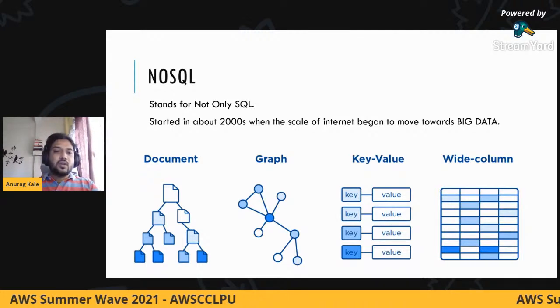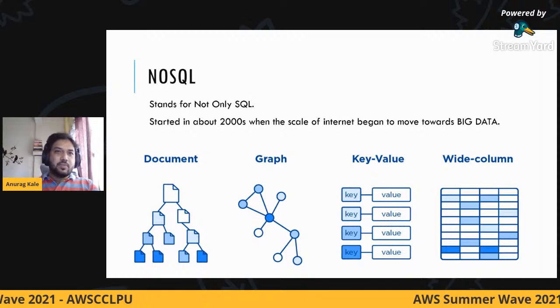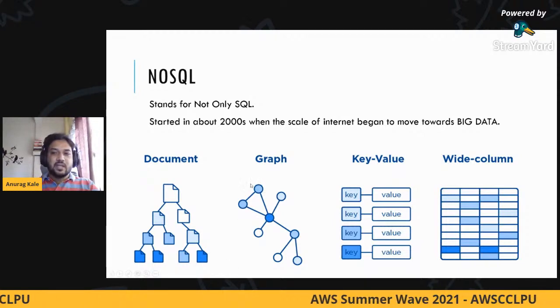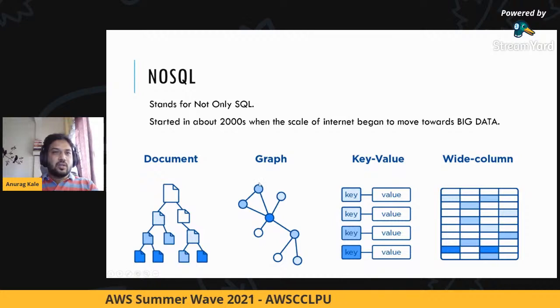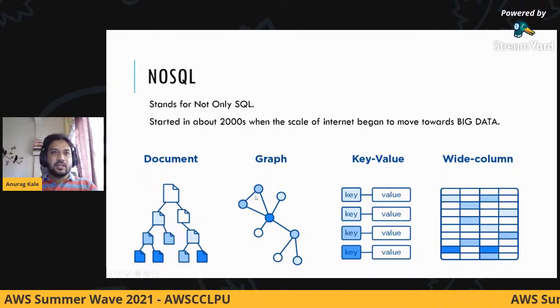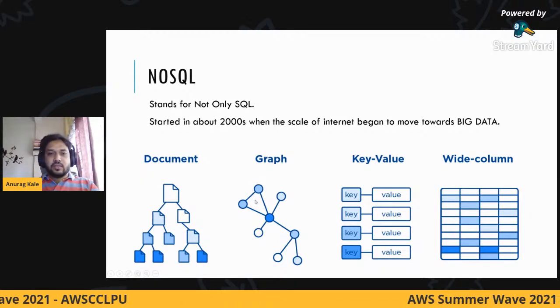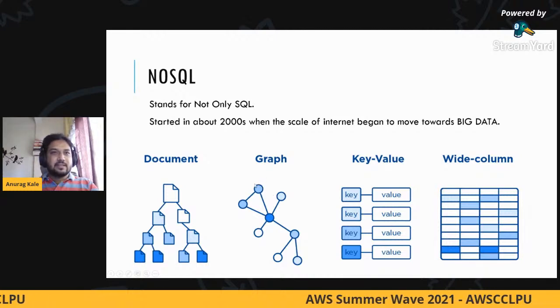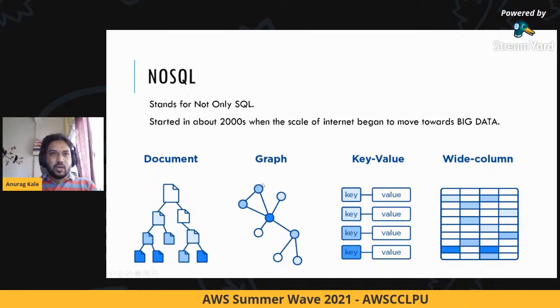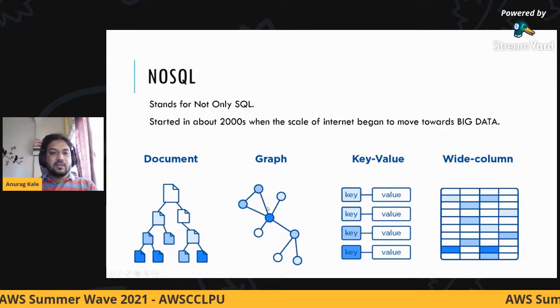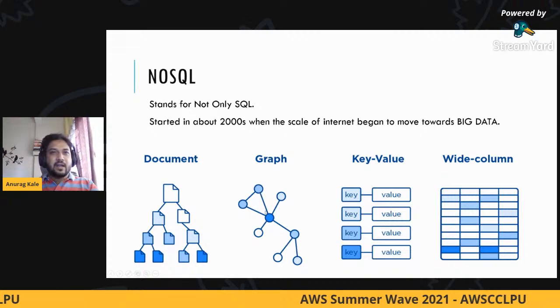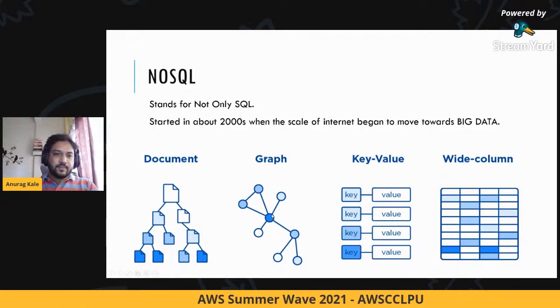Each circle that you see on this graph represents a node. This node can be any entity. In a social media sense, this is your persona, your profile. If you are connected with another person directly, then you have a direct link to that person, which means you are friends.